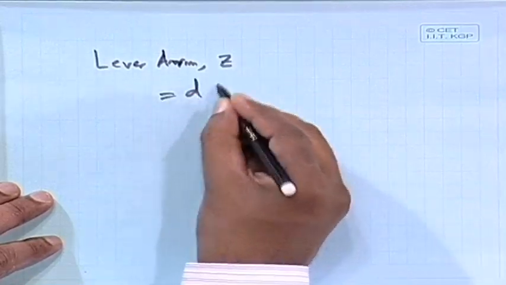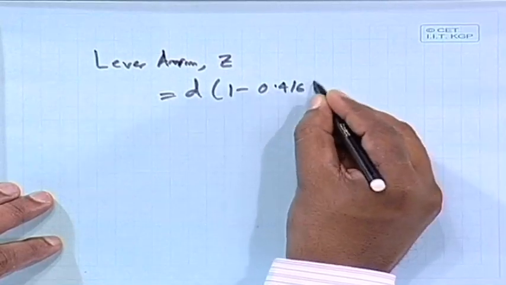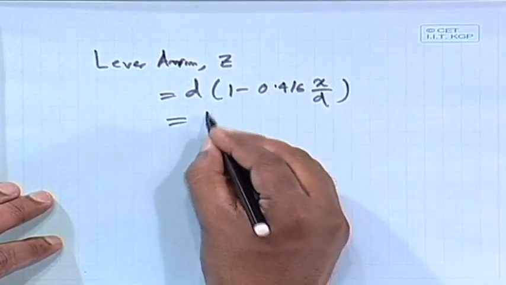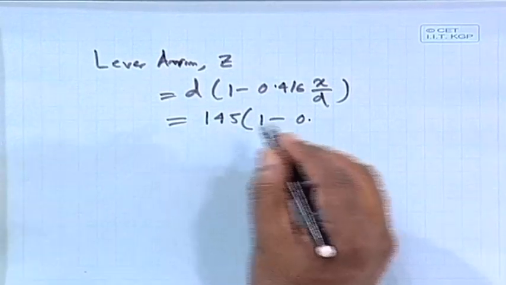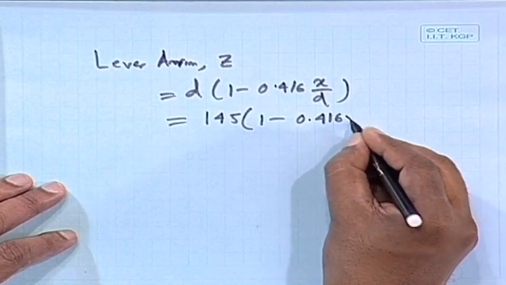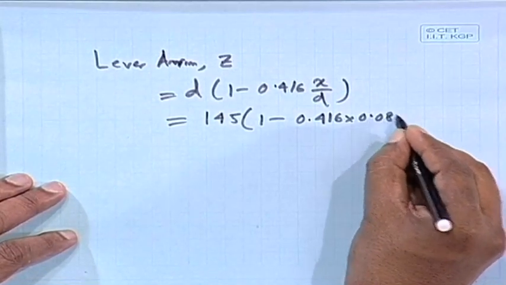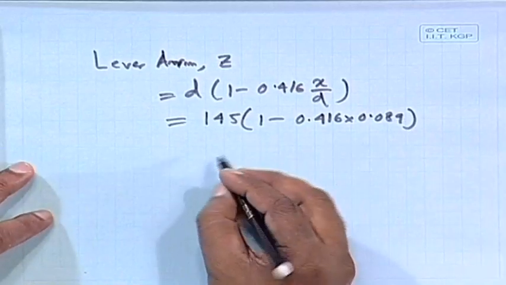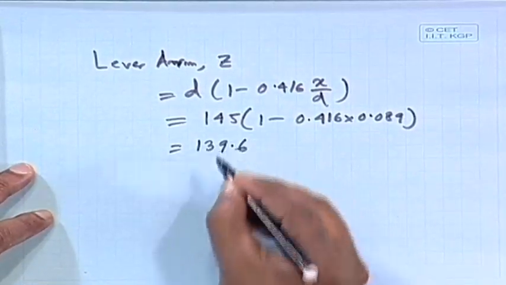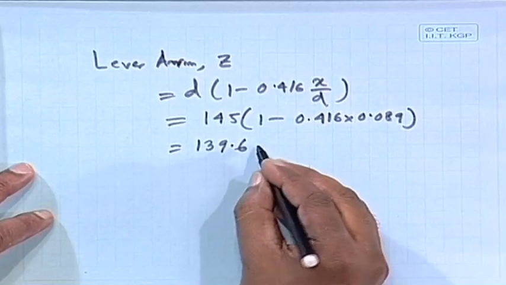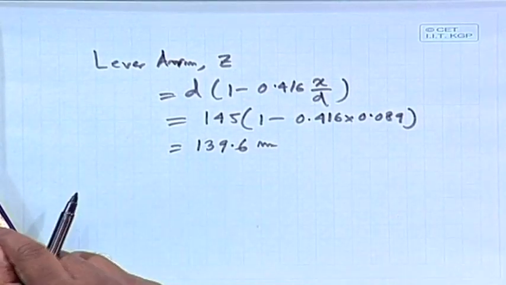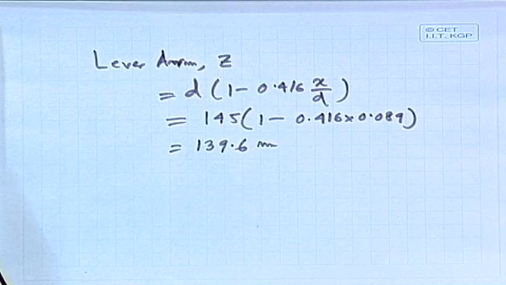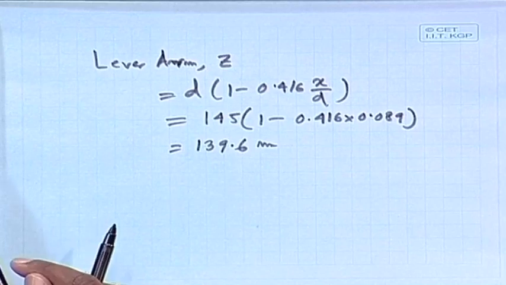Now the lever arm Z equals d times 1 minus 0.416 x by d, which comes as 145, not 155, because we are doing it in the other direction, times 1 minus 0.416 times 0.089. So this comes as 139.6 millimeter. One check I should say, let us find this value, 0.416 times 0.089, which comes as